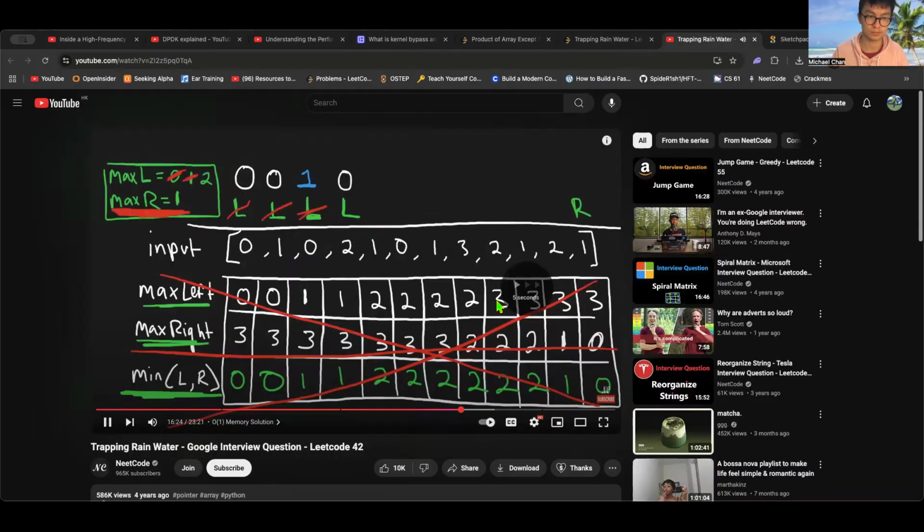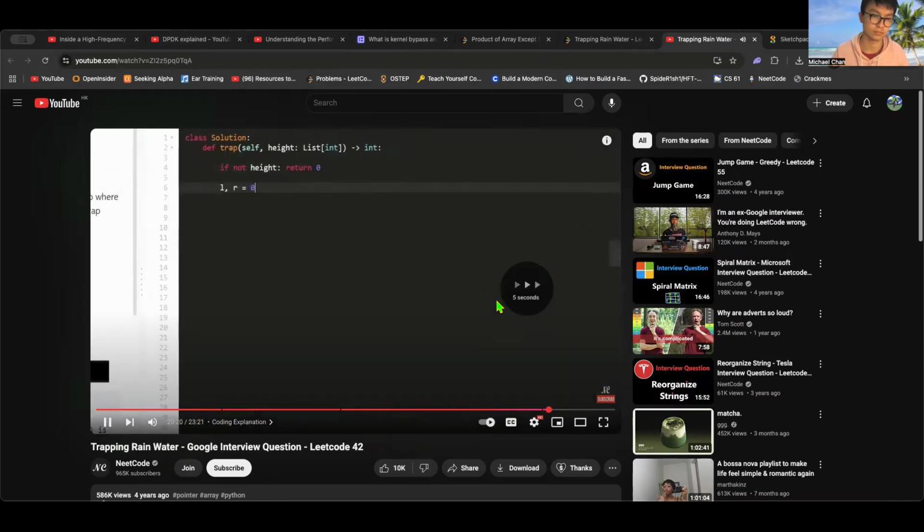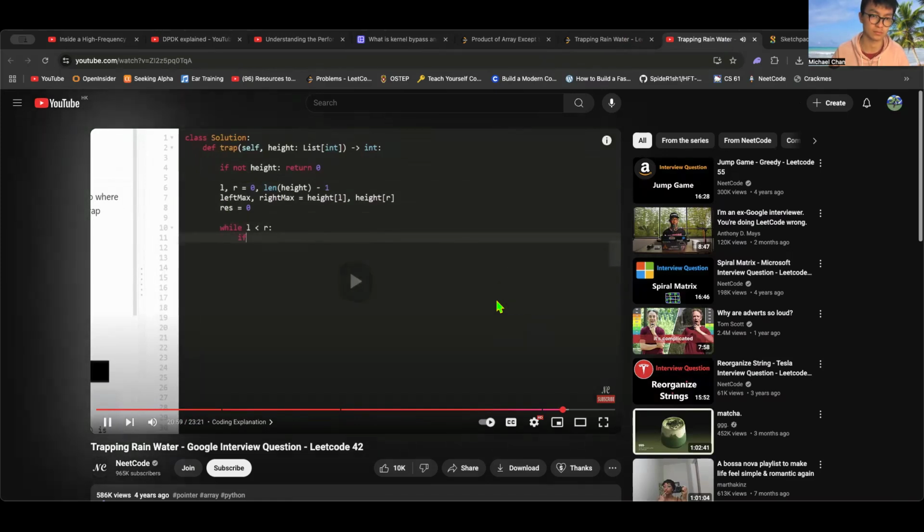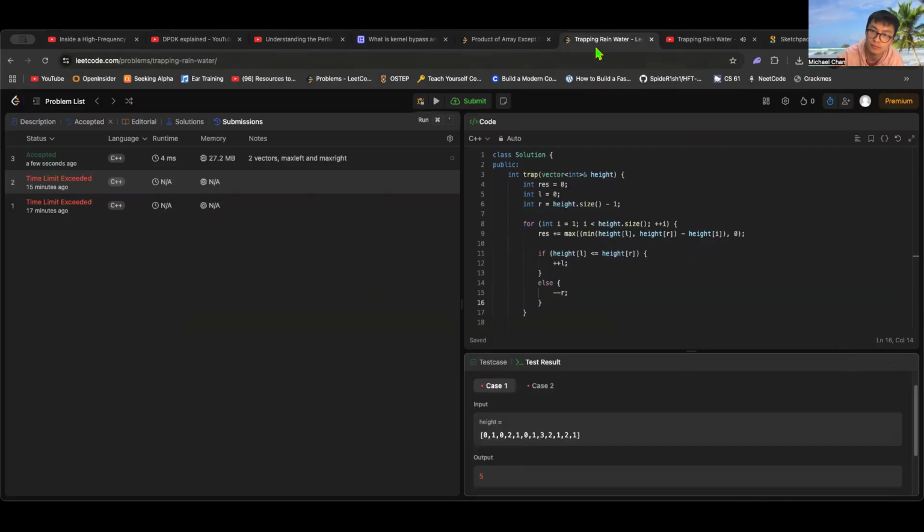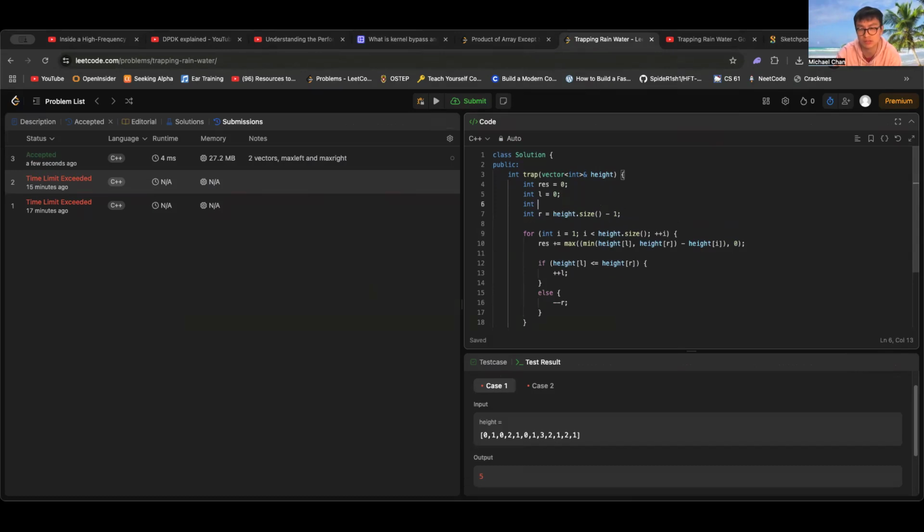Right, vector. If left max is smaller than right max, so if we get to, let's say, if our left max would... Oh, I also have to save the